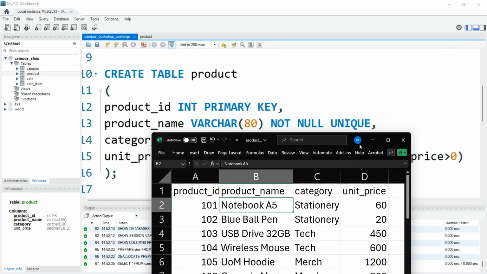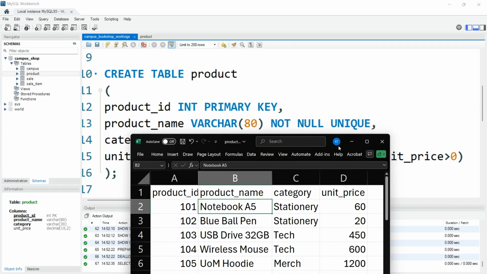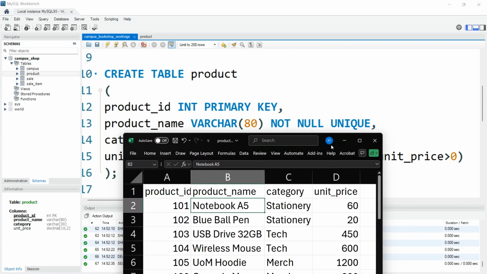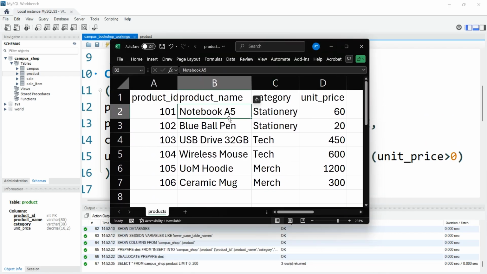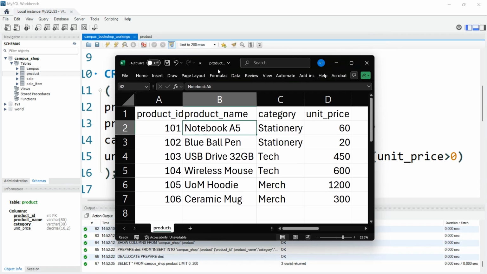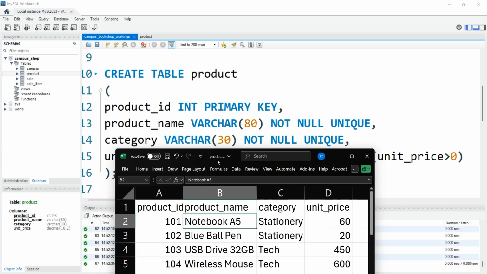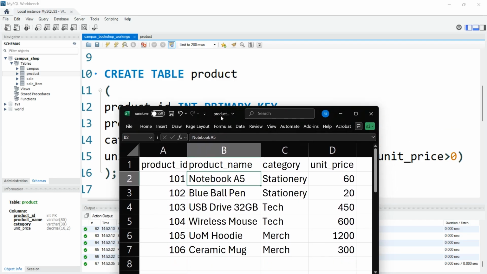You will see that primary key, you have no problem with that. There is a single value everywhere. You have product name, varchar, not null, unique. No problem, product name, varchar, not all are unique, it's fine. Let's have a look at category. You have category varchar 30, seems okay, not null, it's okay, but there is a unique here and we